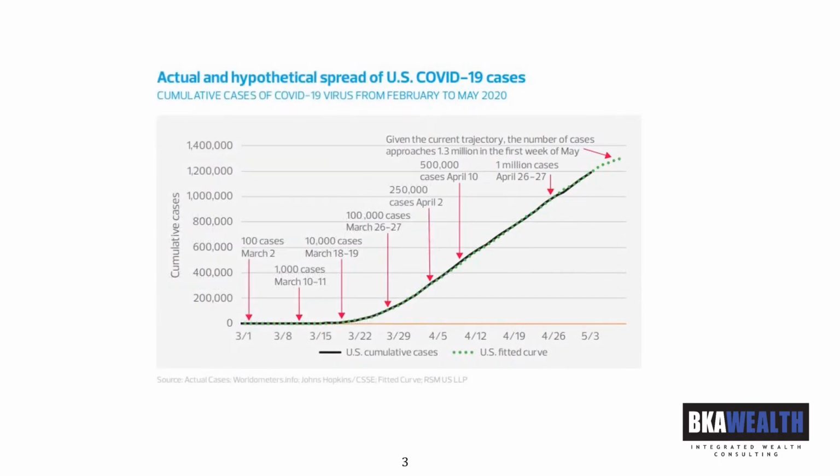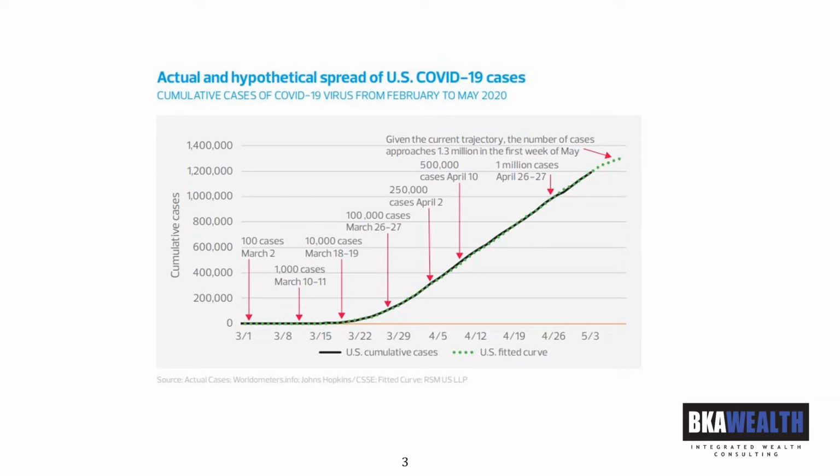This chart, I want to give credit first of all to RSM, which is a global accounting firm, and this is produced by their research team, and it's data that most of you have already seen. And so this is essentially a cumulative caseload growth chart, if you will, dating back to March 1st, when we were very early on in COVID-19, and we were just at the cusp of understanding the scope and breadth of the problem that we faced.